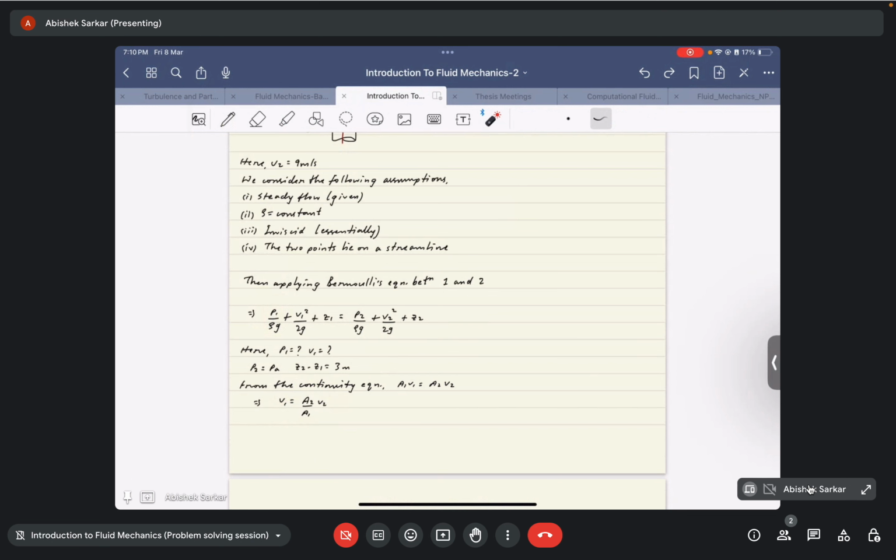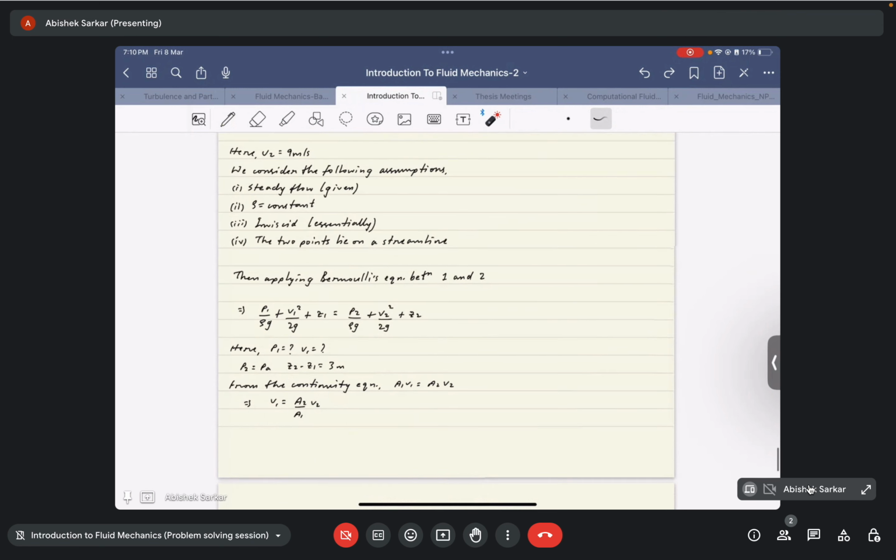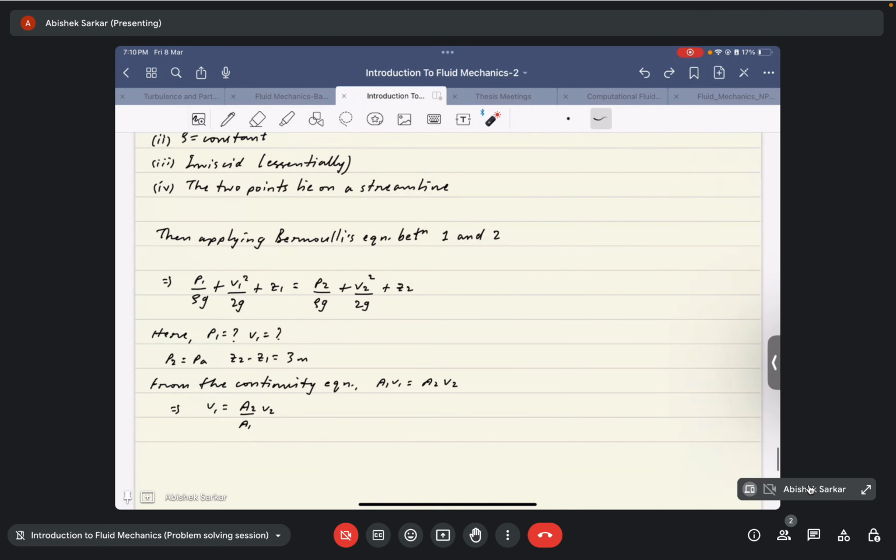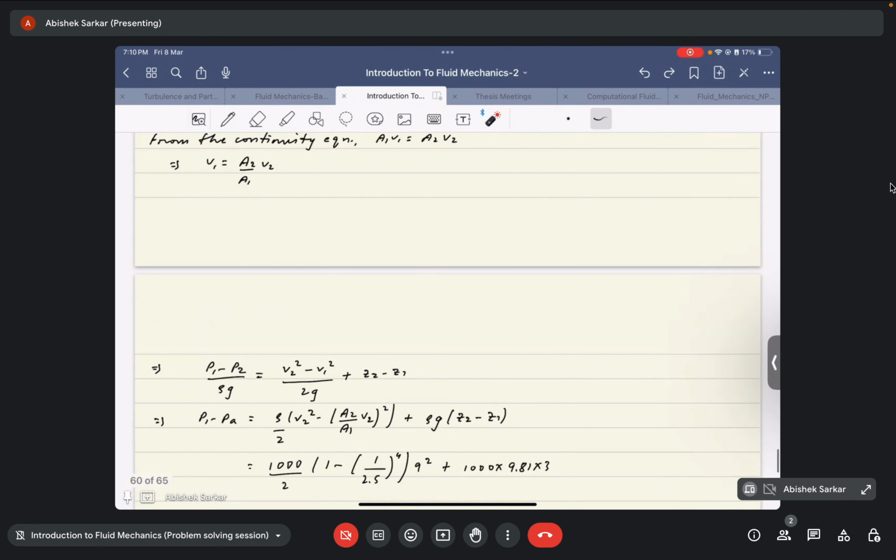From the continuity equation we get that A1 V1 is equal to A2 V2. Let me zoom in a bit more. Then V1 is equal to A2 by A1 into V2. Then if we substitute it in this equation, we get that P1 minus PA, because P2 is equal to PA as given in the question,